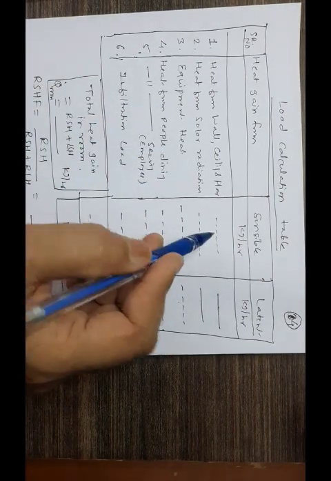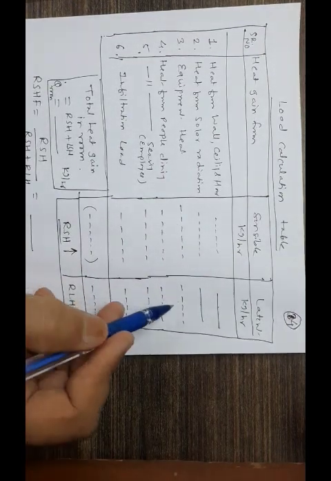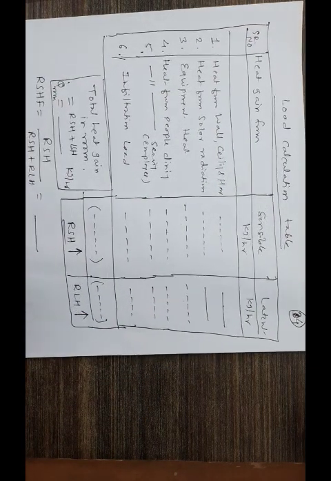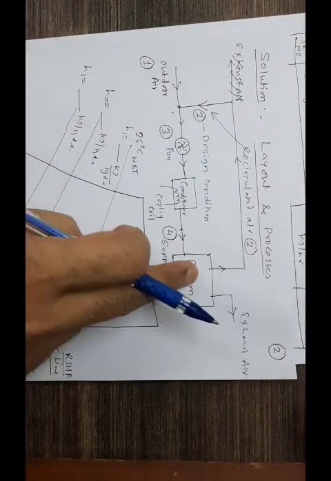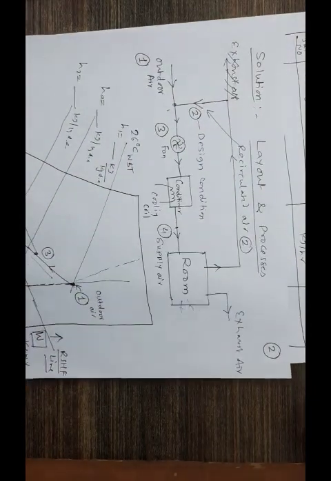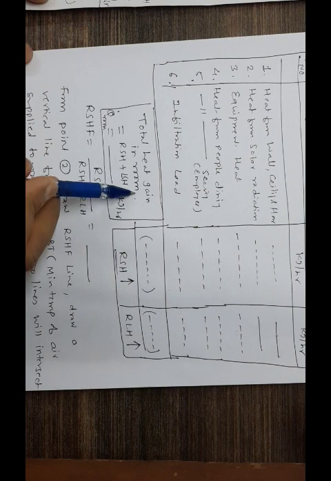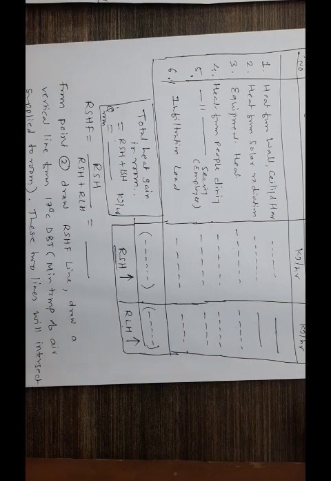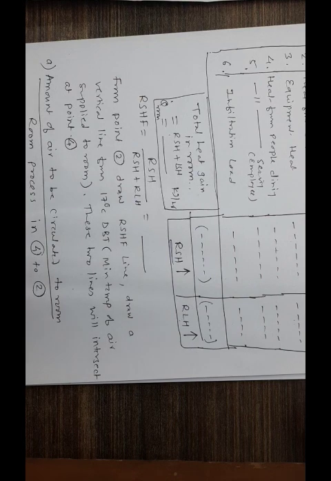So this addition coming up here is what we call the room sensible heat. This addition, obviously 0 0, will be here, that is room latent heat. Once you have done this calculation of room sensible heat and room latent heat, what you should understand is that within this room, that much sensible heat is added and that much latent heat is added through all the sources. Now if you take the sum of these, that is the total heat gain into the room. Room sensible heat plus room latent heat, so many kilojoule per hour, I call it Q dot room.